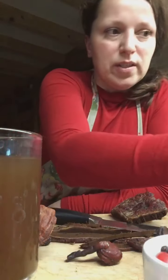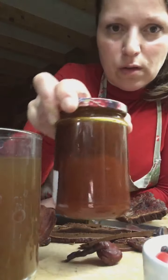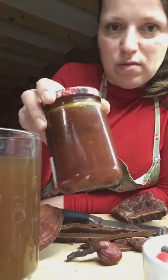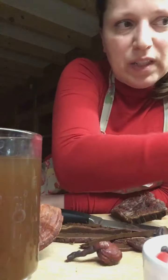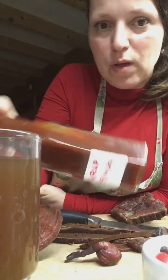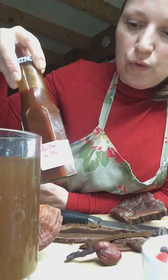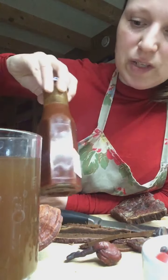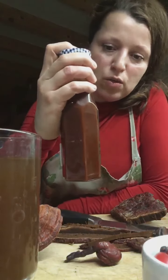So this is the rose hip that you will be getting. Texture is just like syrup. You can't really expect any thick texture because I'm not aiming for any jam. This will last, if you can, for a good few years, 2 or 3 years, but I will just use it during the year. So this is rosehip